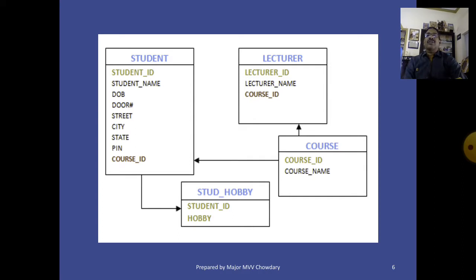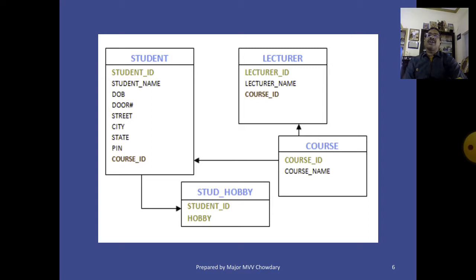In the lecturer table, lecturer ID, lecturer name, and course ID. In the course table, course ID, course name. These are the attributes. Whereas hobby is shown in the student entity. That is a multi-valued attribute. So we must convert that multi-valued attribute into another table by establishing the relationship.